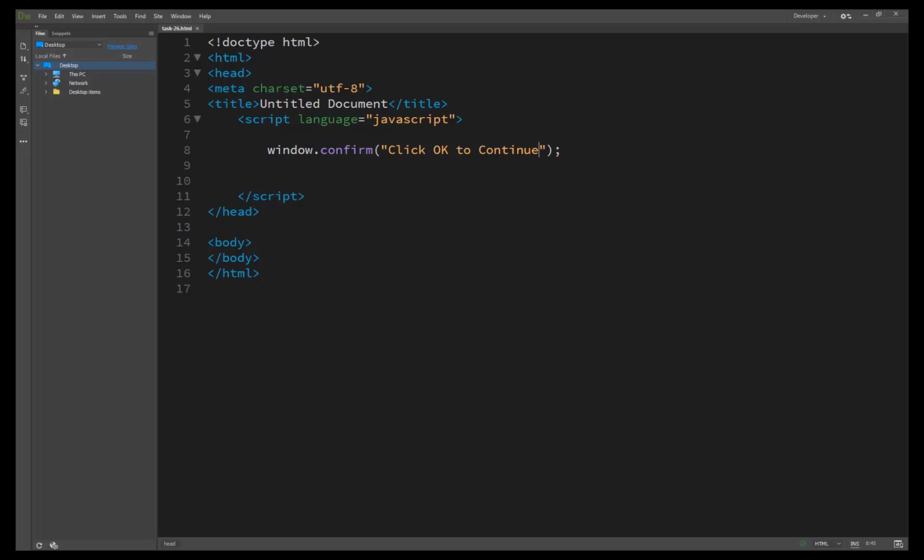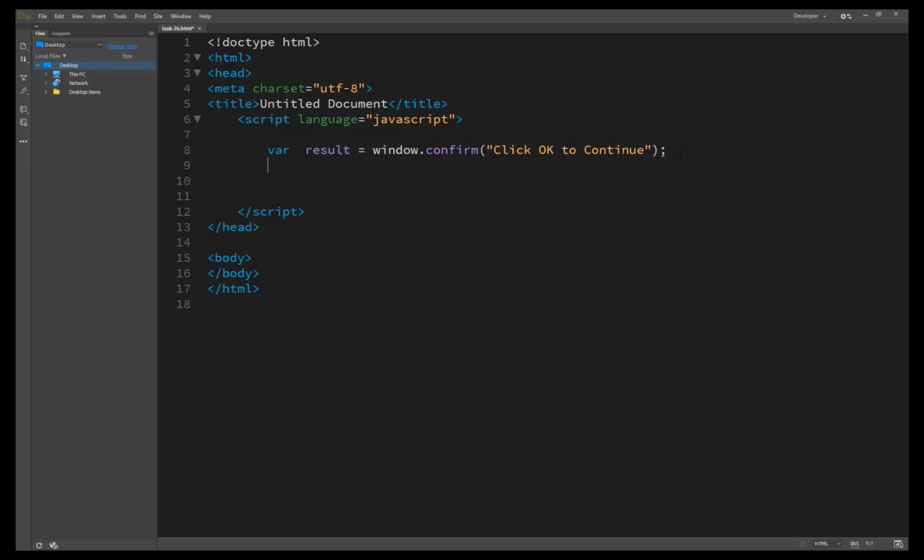So how can we get a value from window.confirm? We write a variable, with a name like result, and assign the value to our variable to get the result, either true or false.